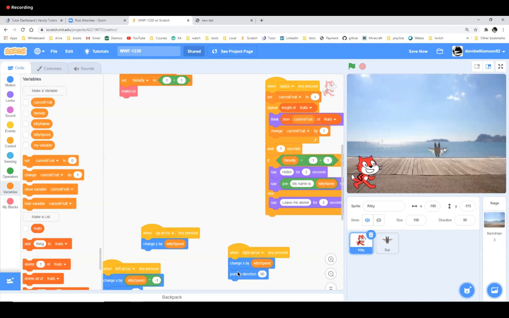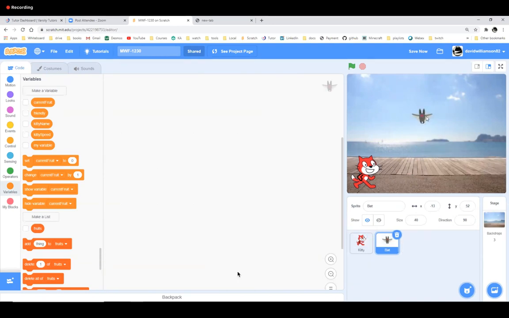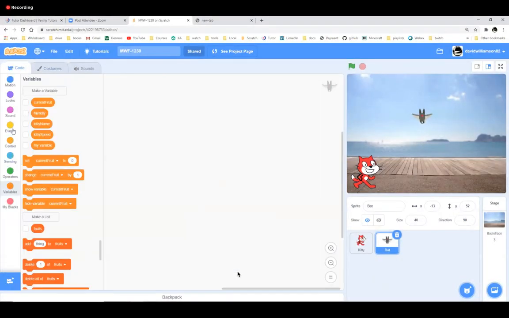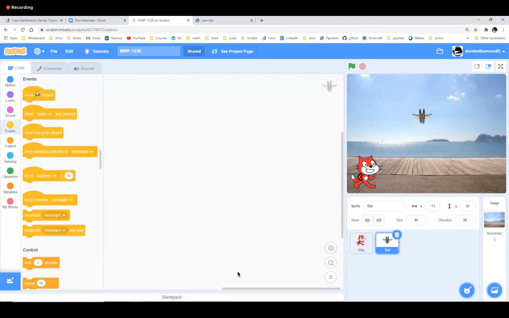Here's my bat. It doesn't have any code yet. What I need to do is animate the bat, because look, the bat has like 4 costumes, okay? So remember how I told you that loops are a thing? Watch this.